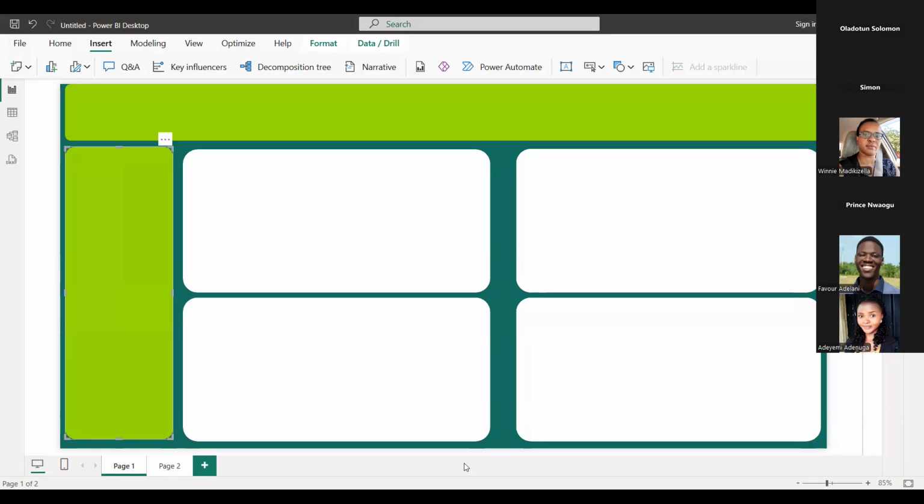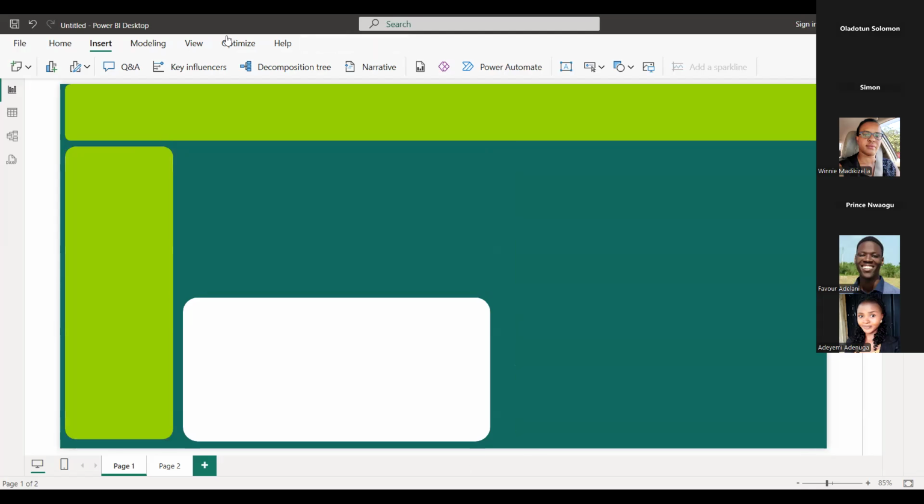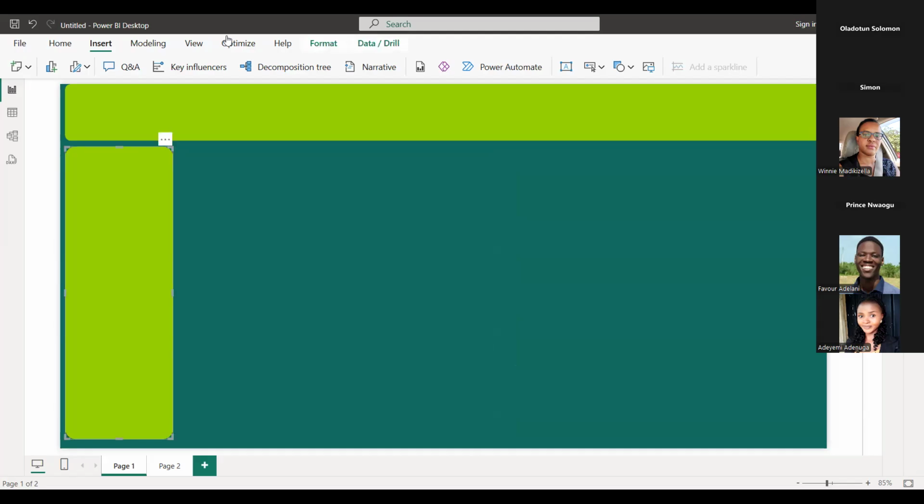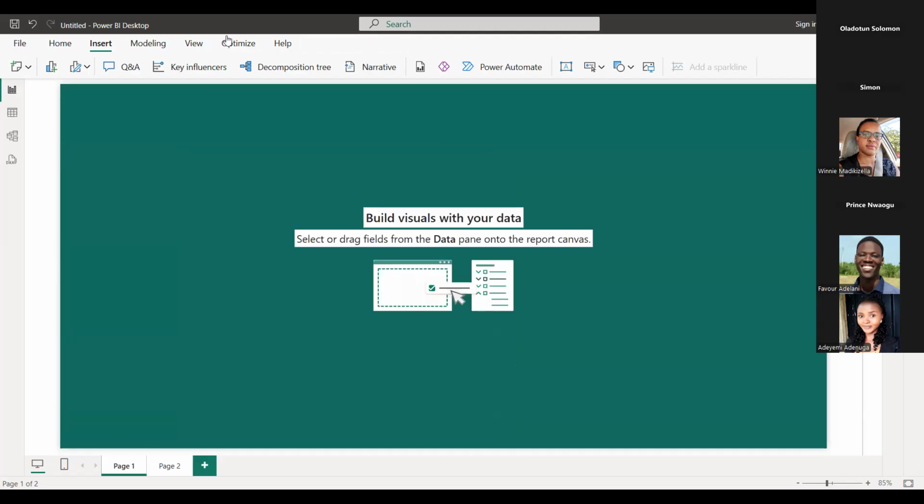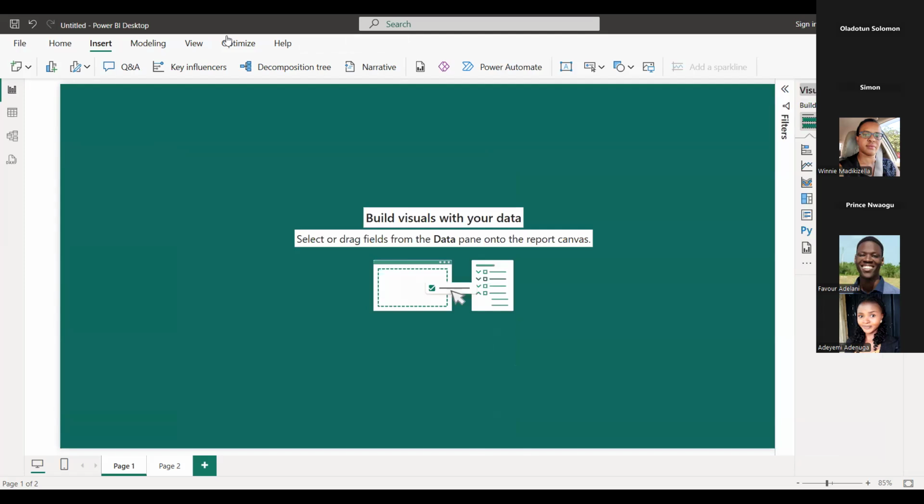Okay. Now, after taking the snip, because you now have the image for the background, one after the other, you start to delete these elements because they've already served their use. Then the snip will bring it back like a canvas background. So Prince, if I want to insert an image as a canvas background, like I showed you earlier, how will I go about that?